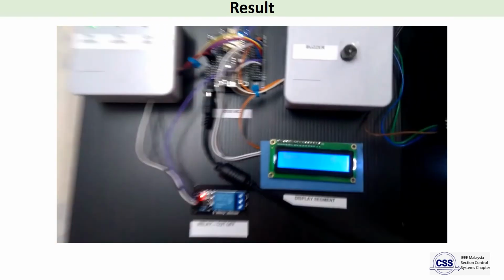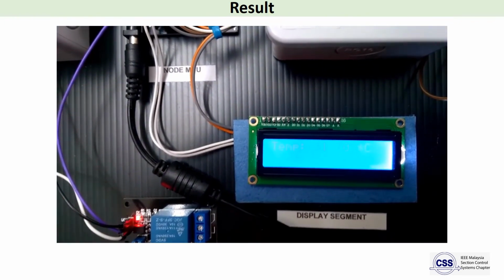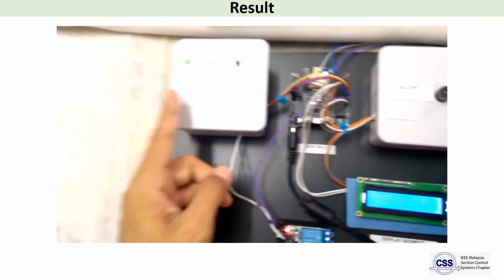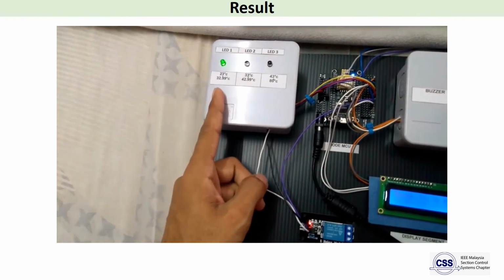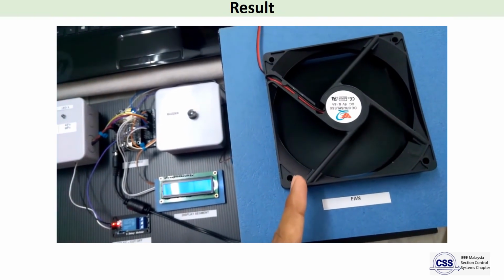For the first process, when the temperature is at 31.7 Celsius, the green LED indicator will turn on and the fan will cool down the machine.